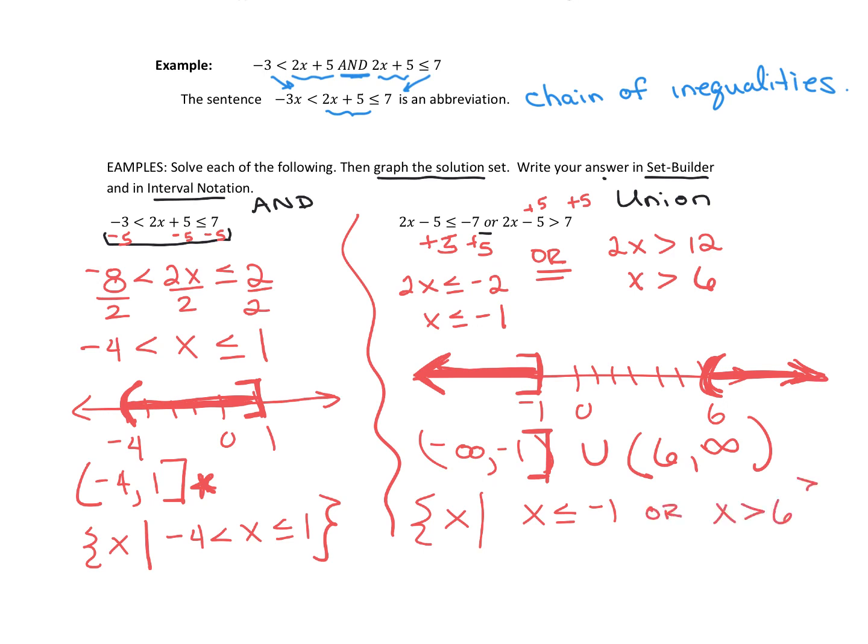So really what I want you to pay attention to is these two words, and or. These really tell us whether or not we're looking for the intersection for and or the union of the two sets for the or. That's the most important part about this. Okay, lastly,